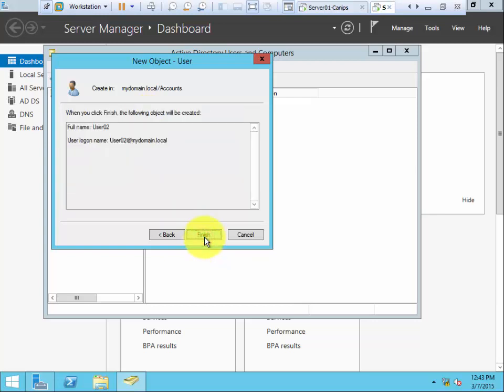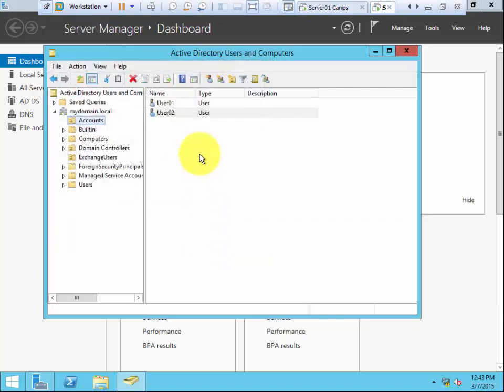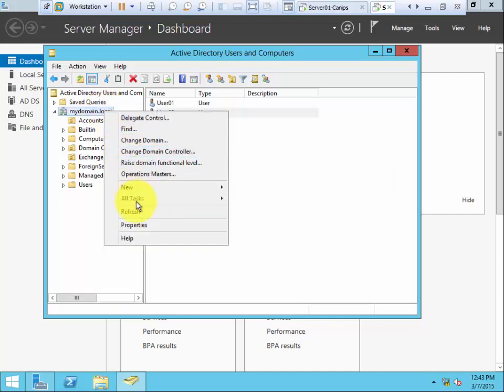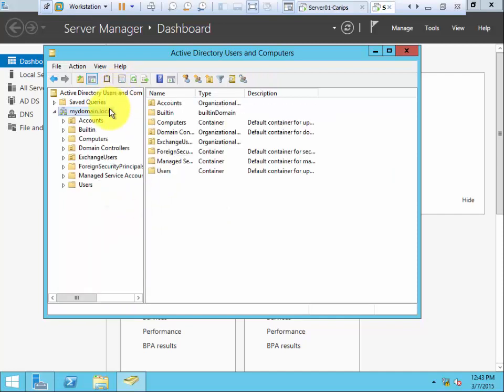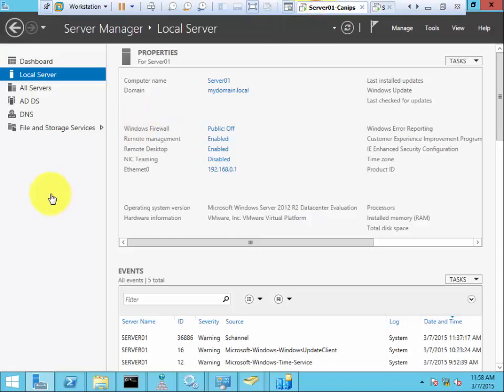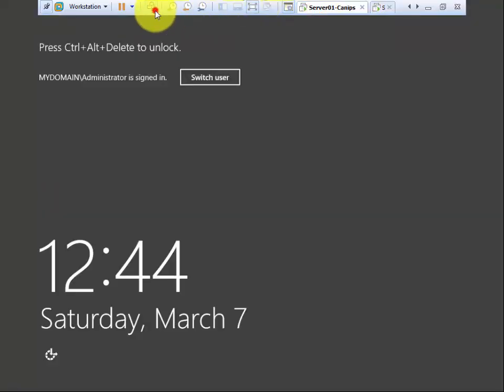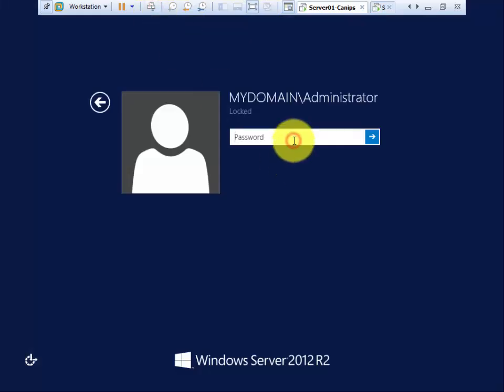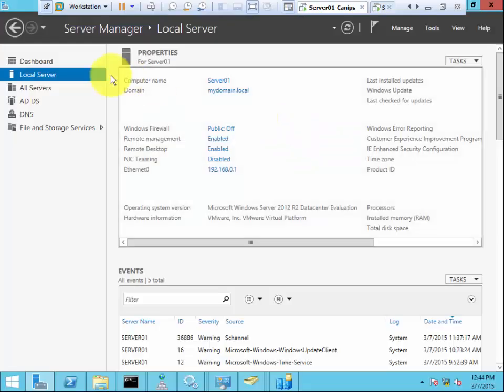Next, finish. So this user 2 is just now created on server 2, and I'll just right click and refresh first on server 2, mydomain.local, inside Active Directory Users and Computers. If I go to server 1 and first log into server 1 and check the accounts OU,